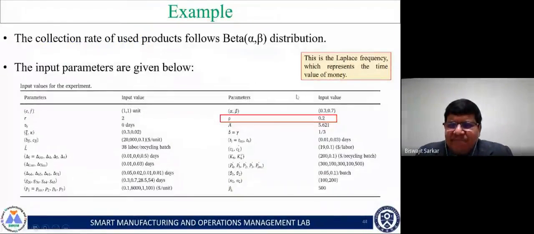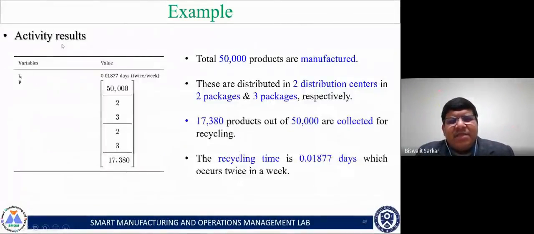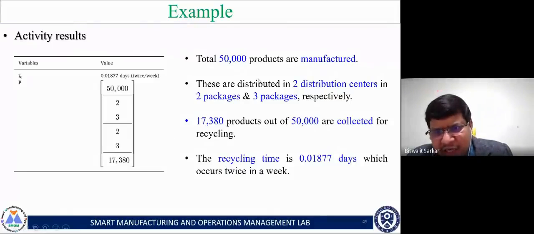And now we go for the numerical. This is the numerical data that we input, and this is the result. A total of 50,000 products are manufactured, and please note that whatever products are produced, it is not the order quantity or the production quantity. We just consider the products produced in between, and for distribution we are considering two distribution centers,